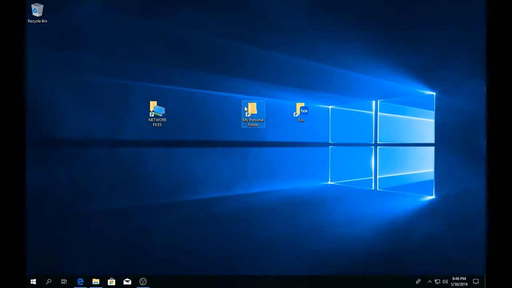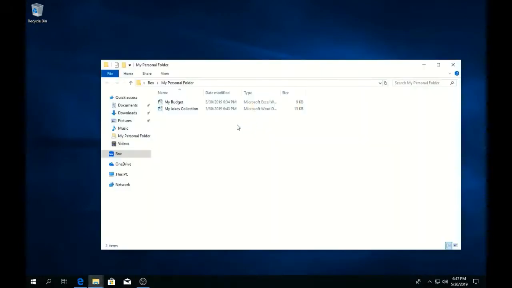Now this My Personal folder is just another folder inside your Box folder actually. We just put this here for your convenience because this folder will house all of your personal work files. Like, you could put in there your budget and stuff, or your jokes collection, and some other work related stuff. This is where you mostly put things